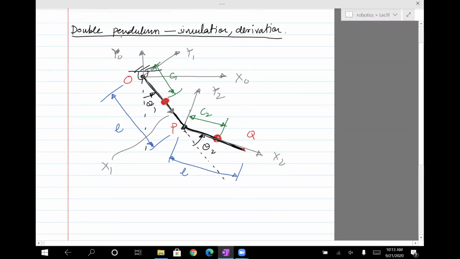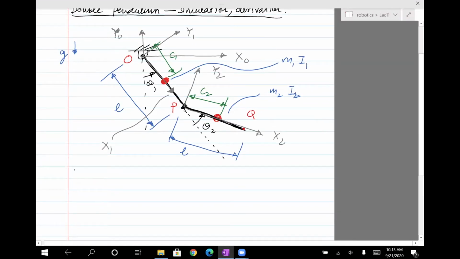Let me define gravity. Let me define this to be mass M2, inertia I2. And then this one is mass M1, inertia I1. And let me put down, so first what we do is derive equations